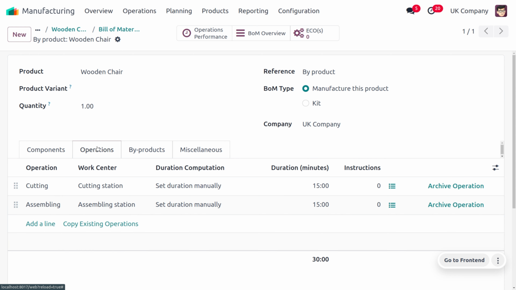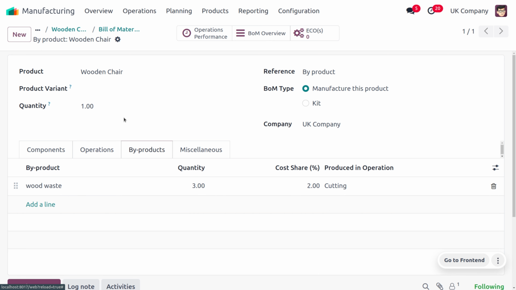In order to manufacture the wooden chair, we have to undergo different operations such as cutting, and we have to cut the wooden panel from the cutting station. While cutting the items, the waste will be generated, that is, the residual products will be generated, and once everything is cut, the final operation will be assembling. All the assembling will be done from the assembly station, and the byproduct can be seen over here because we have enabled that feature. As we enable that feature, you can also add the byproduct that is generated while manufacturing the wooden chair, and you can also set the quantities that are generated.